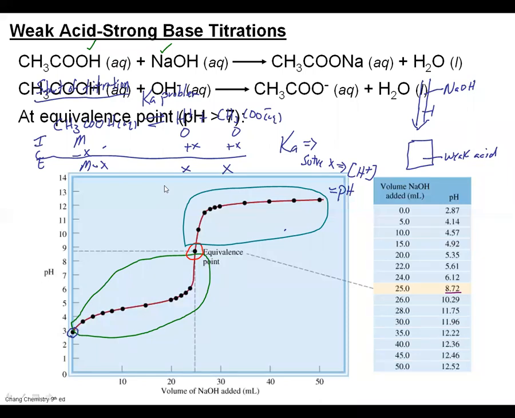So again, just to reiterate here, before we start the titration, all we got is a weak acid, so it's going to require a Ka problem at the very beginning here before we add. Once we start adding to the equivalence point, you will need to do at least one ice table. The purpose of that ice table will be to get the concentration of your buffer, because you will end up with the buffer, and then you can do the Henderson-Hasselbalch, or alternatively, you could do 2 ice tables in this region. I'll get your question in just 1 second. And at the equivalence point,